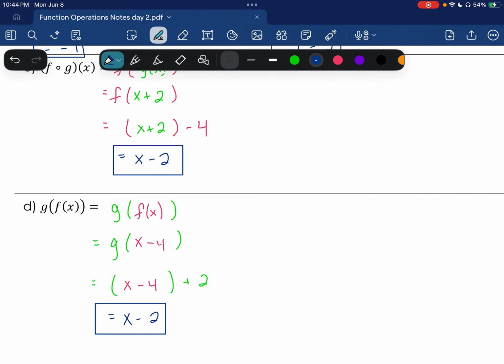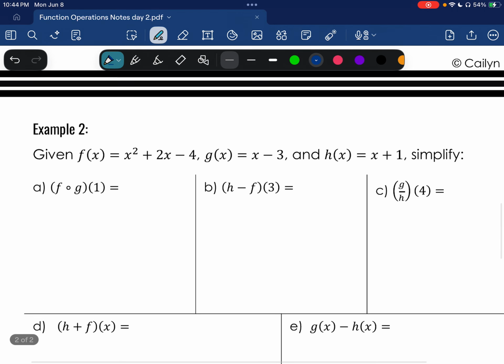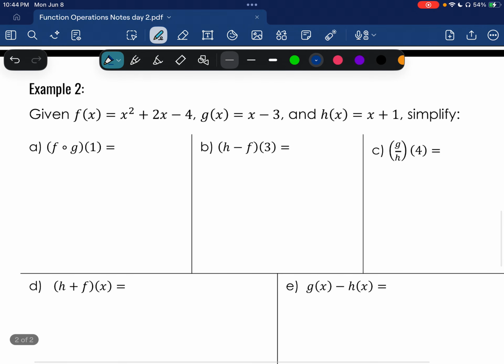So f of x, wow! This beautiful quadratic trinomial. G of x is 3. H of x is